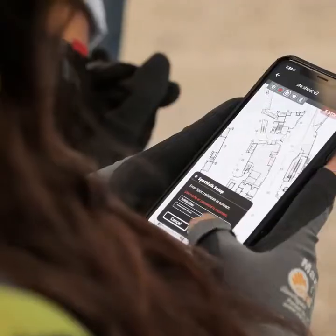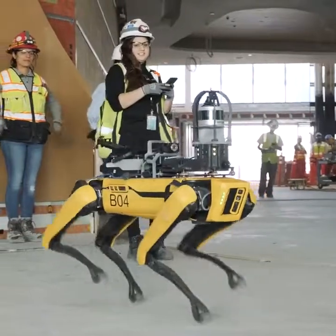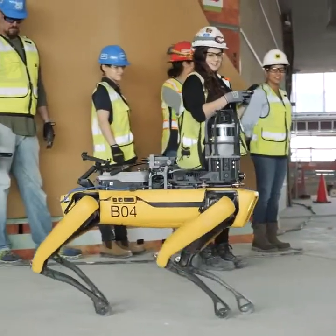My experience working with SpotWalk was fun, it was easy to use, and I thought it was such a practical way to take photos. It took me 30 seconds to learn how to navigate Spot. It's really easy to open up the SpotWalk app and train people on how to use it because of how intuitive it is. It helps me with time management, the time that I would spend walking around in the field,